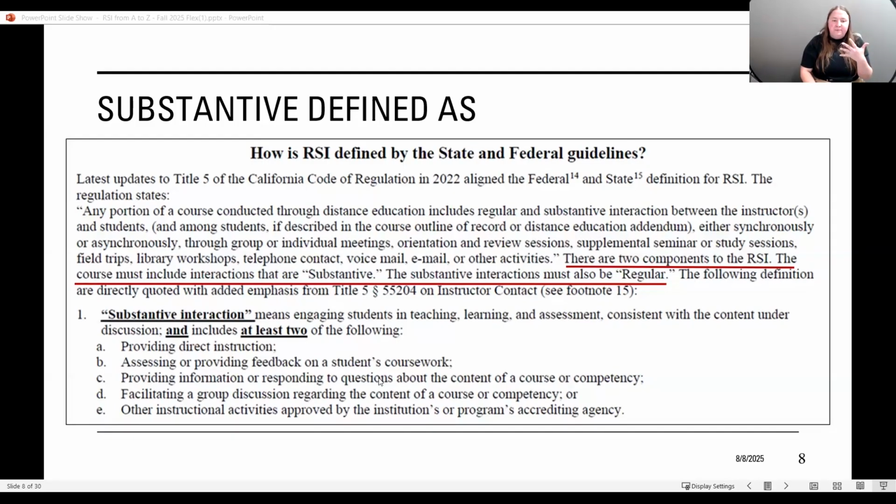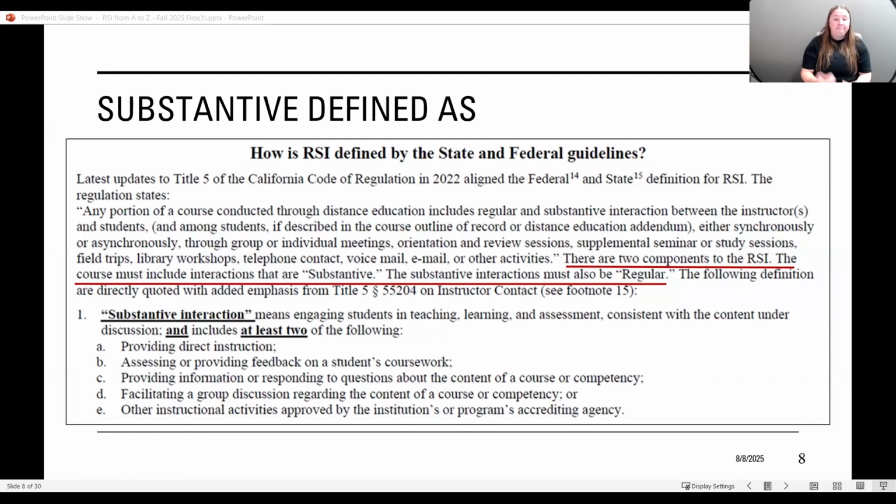So again, providing direct instruction, assessing or providing feedback on a student's coursework, providing information or responding to questions about the content of a course, facilitating a group discussion regarding the content or other instructional activities approved by the institution's accrediting agency, which is ACCJC.